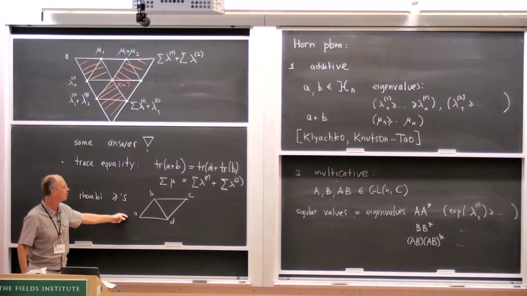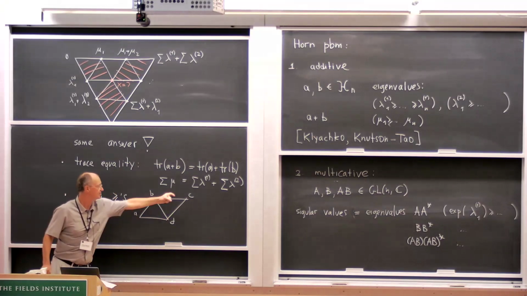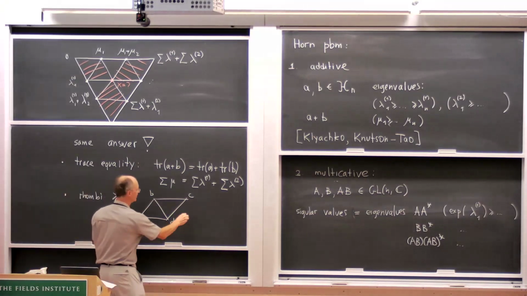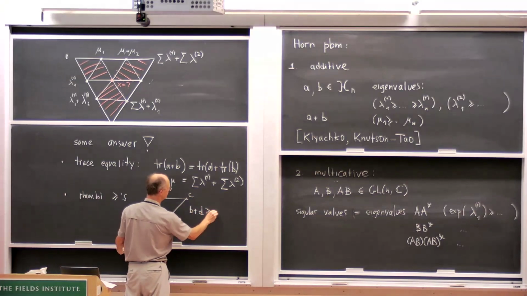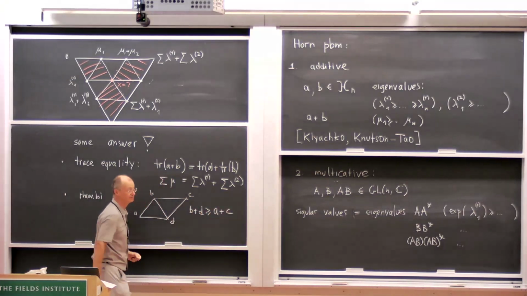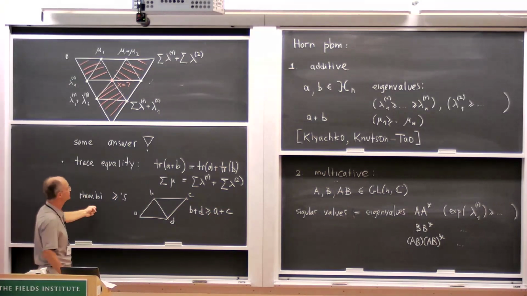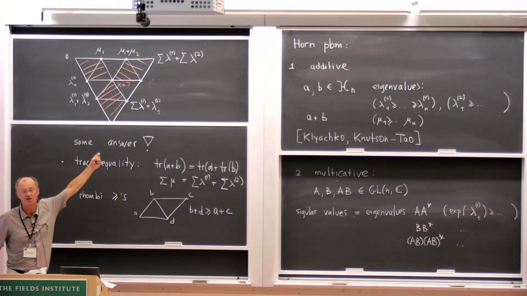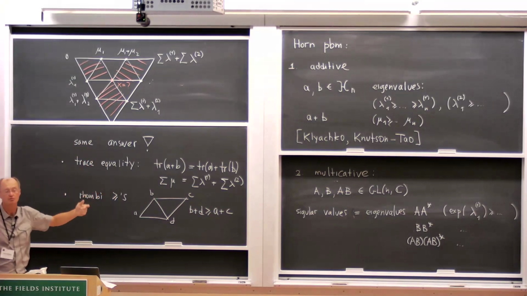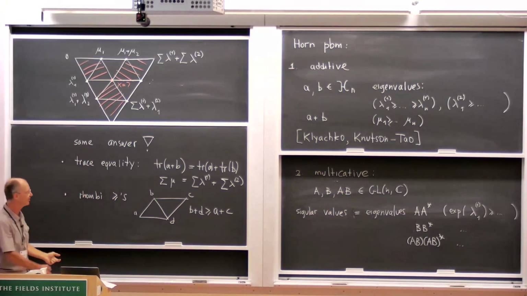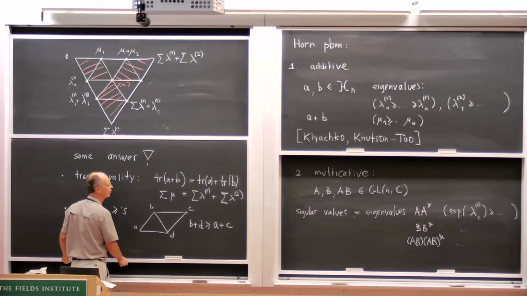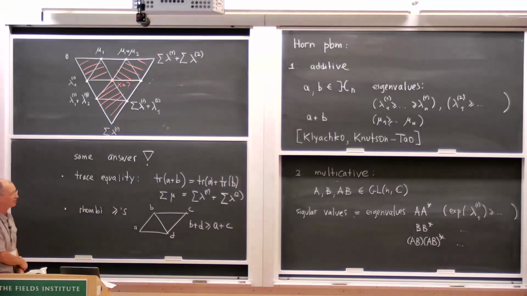So that's our rhombus, and we have numbers a, b, c, and d at the vertices, and then we require that b plus d is greater or equal than a plus c. So that's an interesting and surprising recipe. So if such an x exists, you would need to choose that x to satisfy all the rhombus inequalities, and if it exists, then this mu is eligible. And if it does not exist, then mu is not eligible. So that's one of the Knutson-Tao forms of the answer.